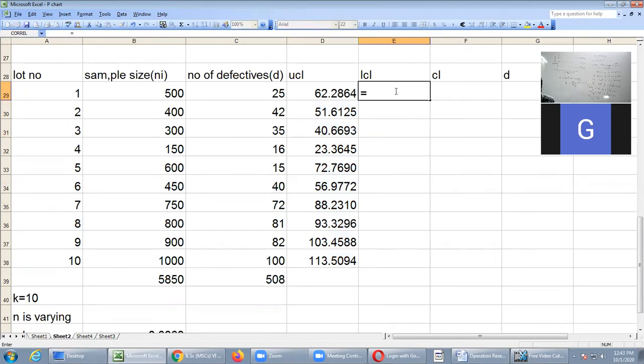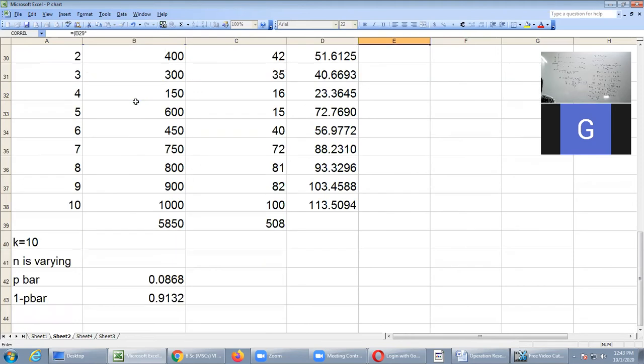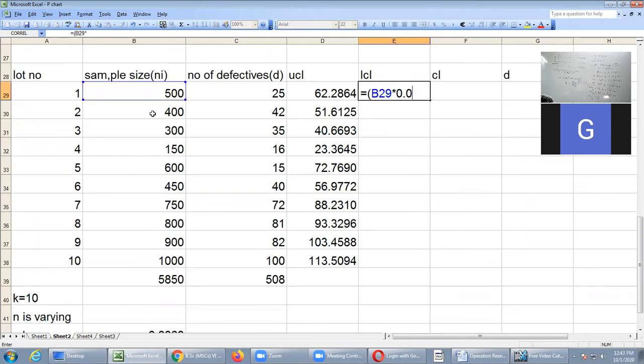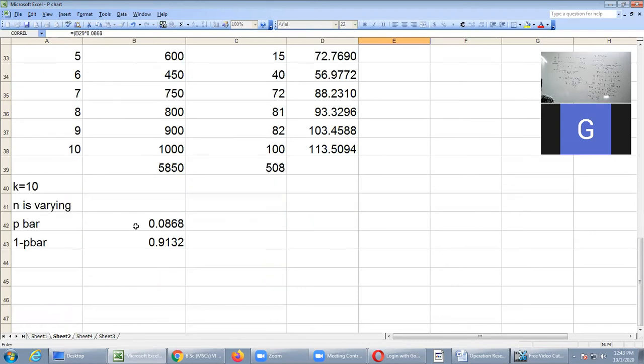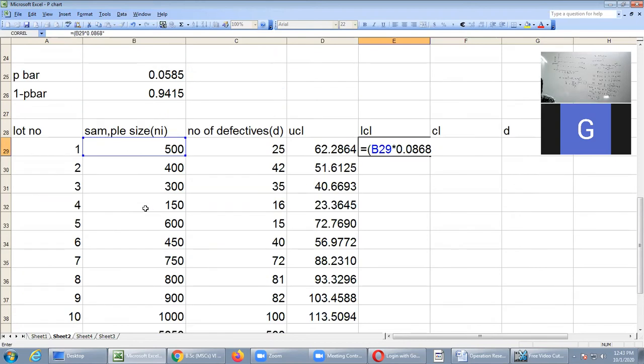In the same way, calculate LCL. LCL equals ni, the first value you have to select. The n values are changing, the p bar value is fixed: 0.0868 into 1 minus p bar. Close the brackets, minus 3 into sqrt. Open the brackets.